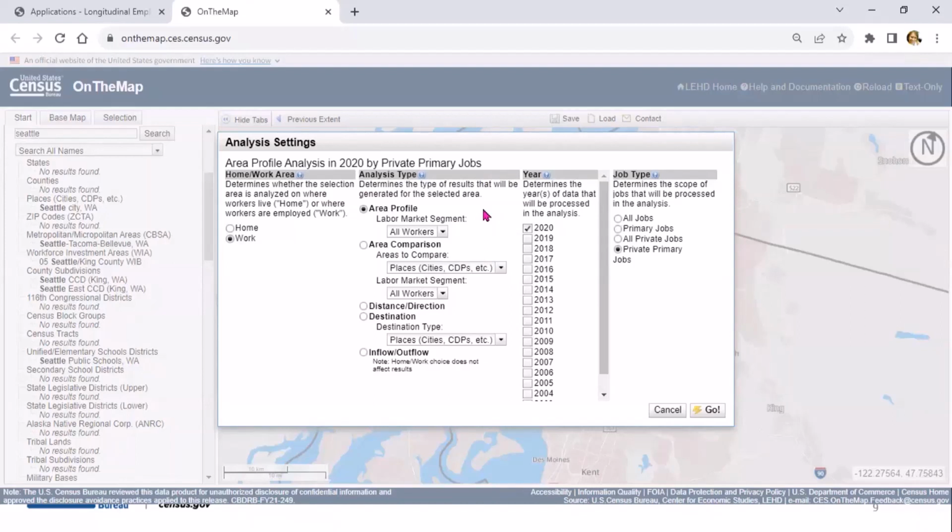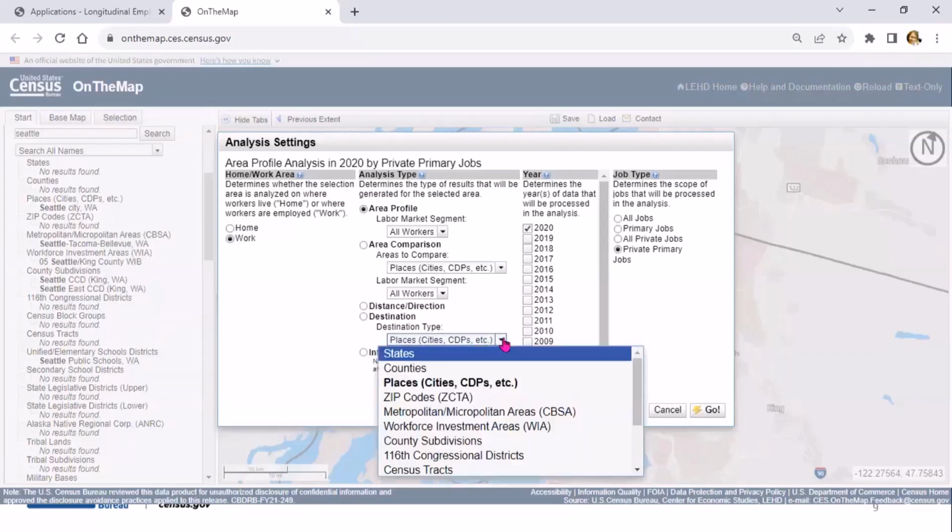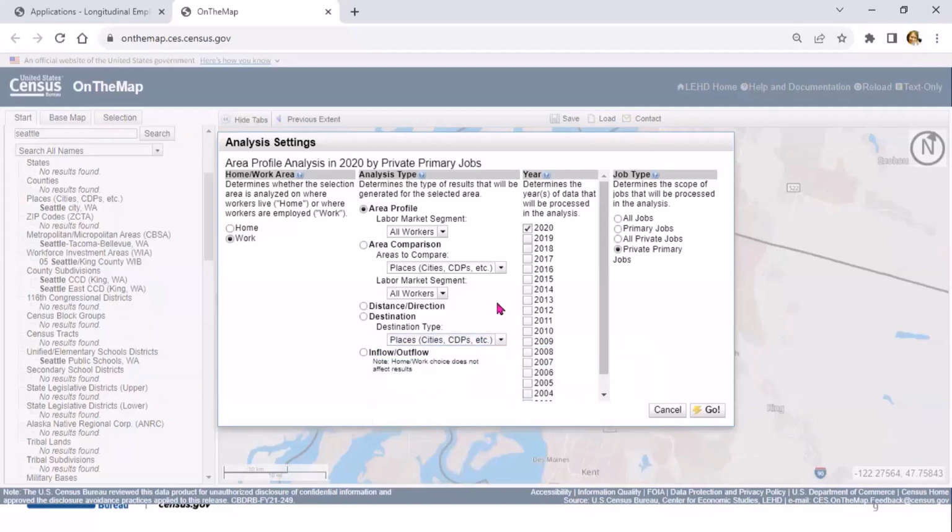You can also compare location and geography. The distance direction tells you how many miles people are traveling to where they work and what regions they're coming from, whether it's north, east, west, or south. And then destination tells you where they're coming from, and there's a destination type, so you can choose places, zip codes, census tracts, census blocks, anything that you decide.